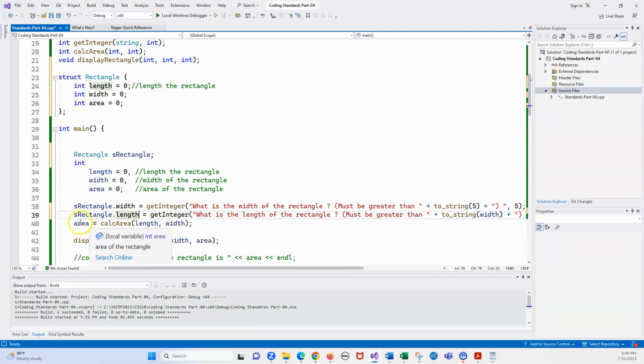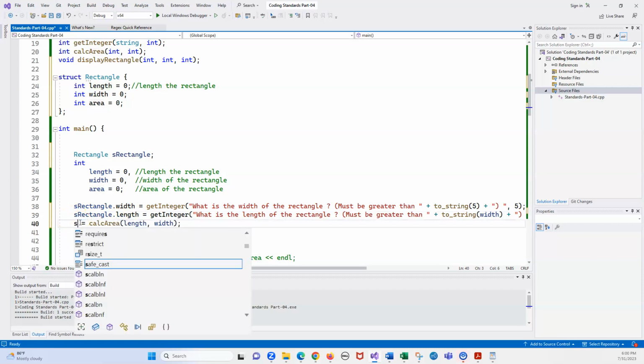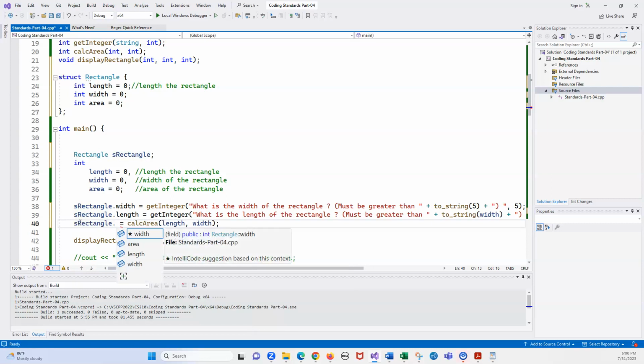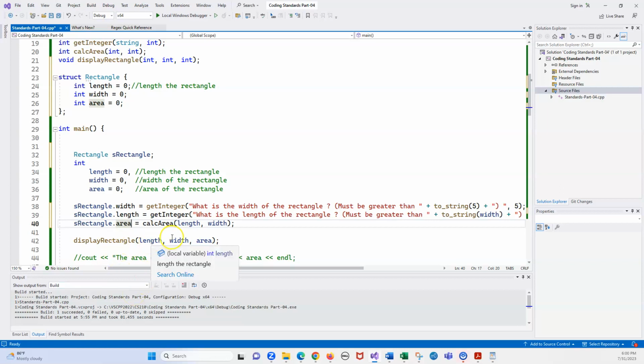And then instead of area, I'm going to do S rectangle dot area. So now what we need is a way to print all this stuff without having to pass length and width and area. Yes, we could pass S rectangle dot width, S rectangle dot length, S rectangle dot area, but there's a much